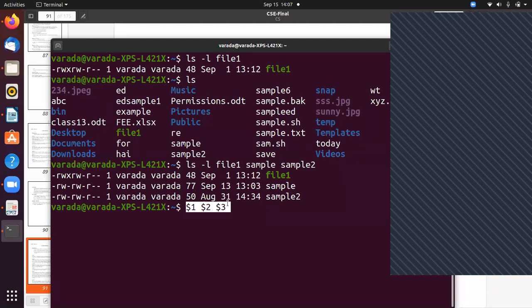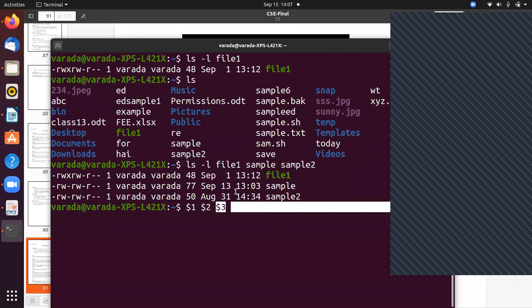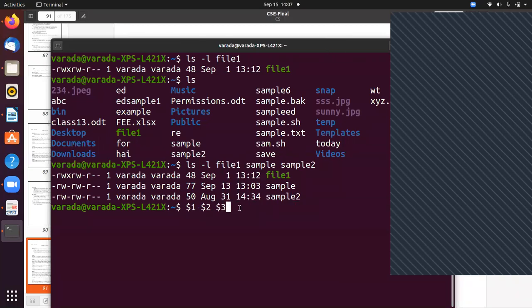I hope you understand that. So ls is the predefined command, hyphen l is the option, and after that you are giving the arguments. Now $1 means first argument, $2 means second argument, and $3 means third argument. In this way you can organize the arguments to a command.